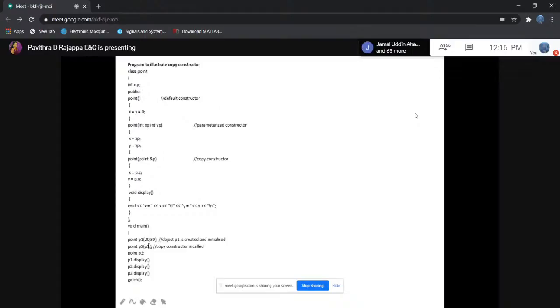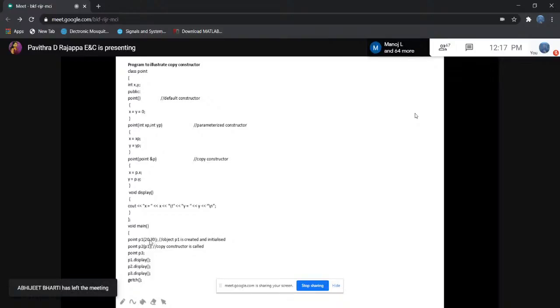So 20, 30 will be assigned to xp and yp respectively. So once the object is created, it is initialized. Okay. Then Point p2 of p1, the copy constructor, copies the object p1 to p2. So it copies the complete object of p1 to p2, and then this becomes the copy constructor.